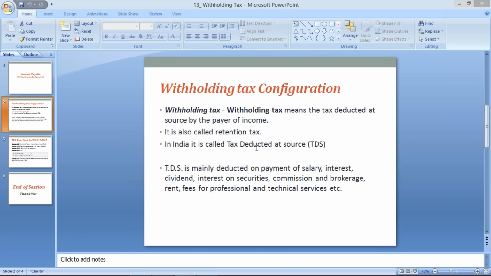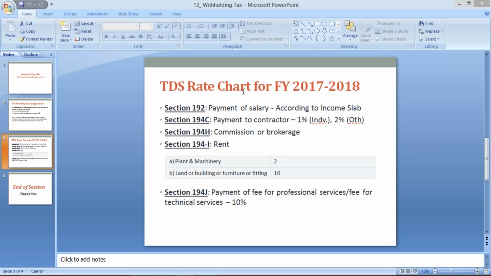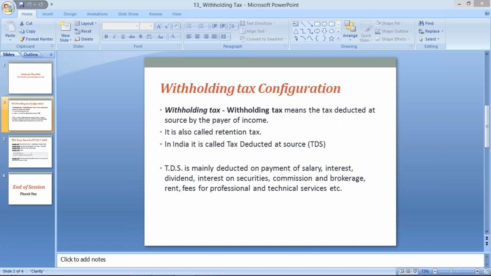Now here the government has given certain rules: if the service belongs to category XYZ, there are different rates. We have TDS rate charts with different sections, and as per that the tax will be deducted. As per those sections we apply tax on vendors.